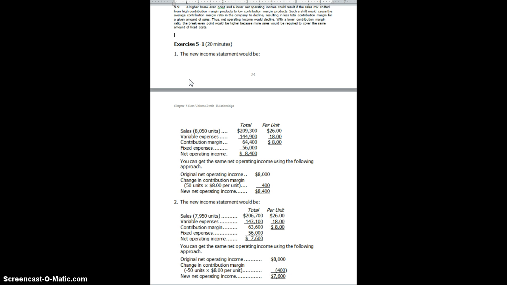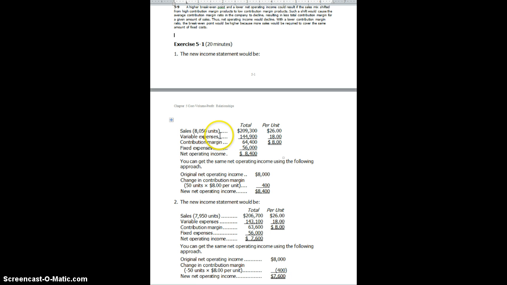We're asked in part 1 to determine and prepare a new contribution format income statement where the sales volume has increased by 50 units. So in other words, sales volume will be 8,050 units. In that particular situation, we can draw up this contribution margin income statement in one of two ways. As you can see, we can multiply it all the way through. 8,050 units multiplied by $26 gives us $209,300. Variable cost will be 8,050 units multiplied by $18,